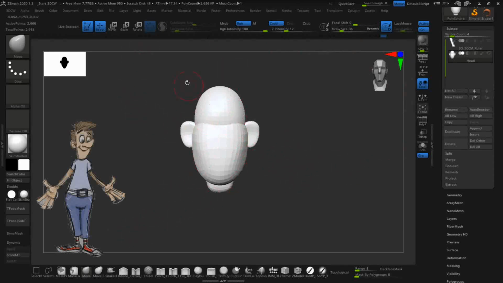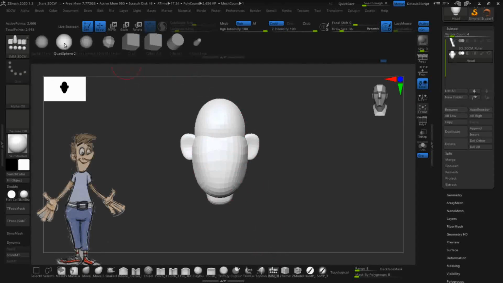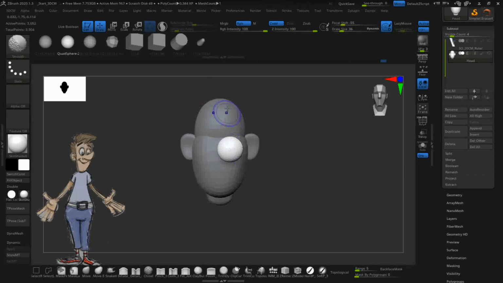For the next part, we will add his nose. To do so, I'll go back to that IMM brush again and select the quad sphere 2, and right about here I'll place his nose. With that, I'm going to hold down shift. Actually, that's a little odd. Okay, so for here, I'm actually placing